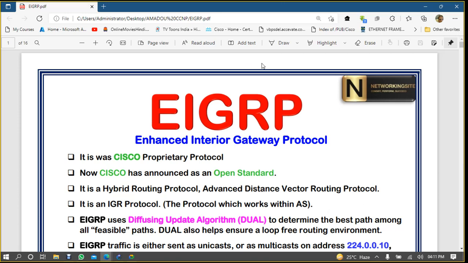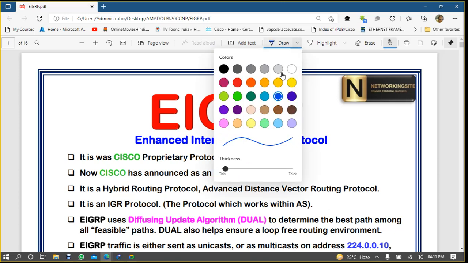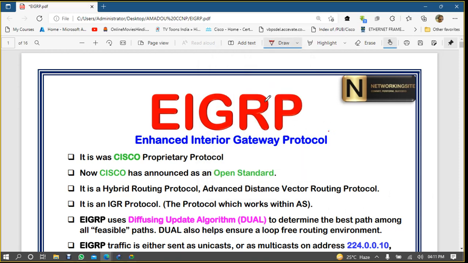Okay, so today we are working on our new routing lesson, which is EIGRP, the Enhanced Interior Gateway Routing Protocol. Let me tell you why it is enhanced. Before EIGRP, first they implemented static routing, then default, then dynamic routing. Inside dynamic routing, the first was the distance vector routing protocol, which included the RIP routing protocol and IGRP.